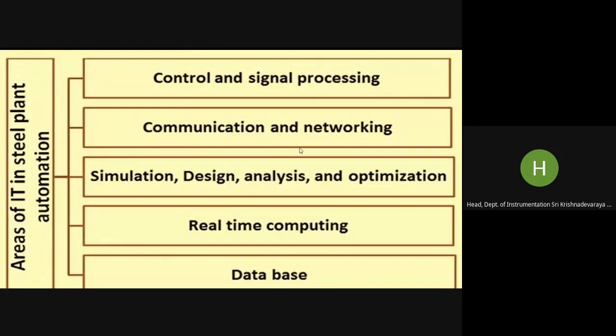You can draw one diagram here and say it is for the continuous casting machine. Draw another diagram here and say it is for blast furnace stove, like that. So industry to industry, the concept of the computer applications is almost the same, but how it is done for individual unit operations, that's what matters. So this is about the computer applications in iron and steel industry.